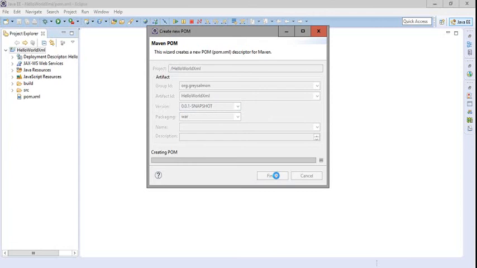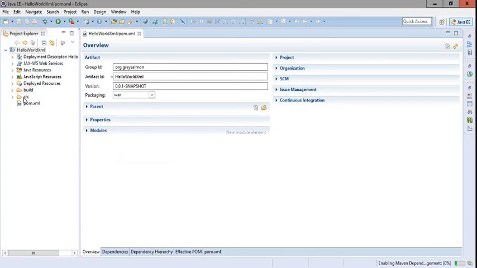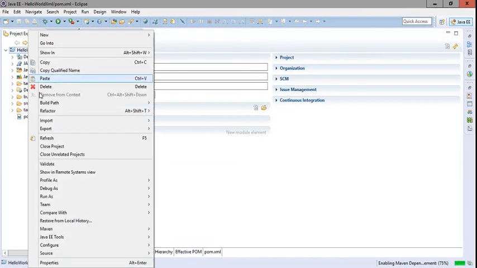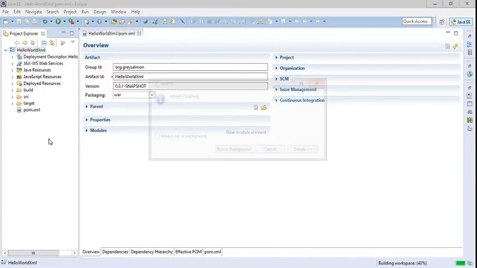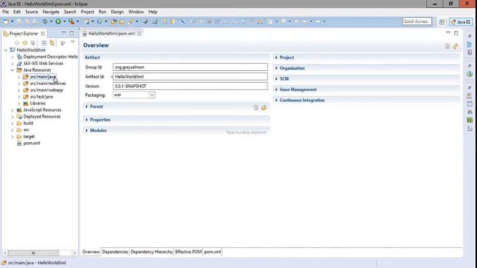So this project, which is a dynamic web project, is converted to the Maven project, and one POM file is generated. POM is the project object model file. So refresh the project first, and you can see here under the Java resources all these directories have been created, like src main Java, src resources, src web app. All the Java files, or the controllers, or if you are implementing the service layer or the DAO layer, the service classes, DAO classes and the controller classes will be put under this directory.